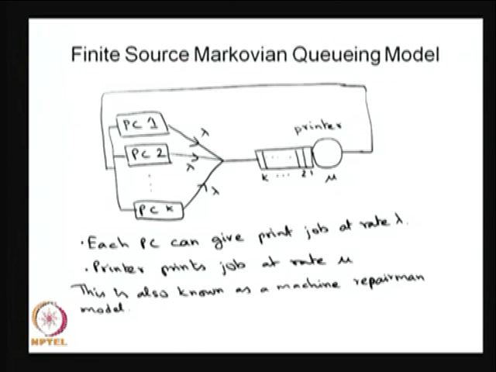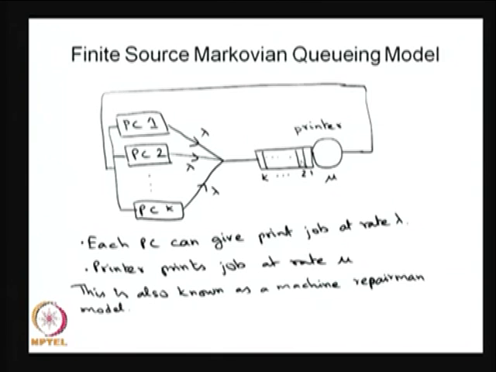Application of a continuous time Markov chain, that is, finite source Markovian queuing models. This model is also known as the machine repairman model, and you can think of these PCs as the machines, and this is the repairman. Here the scenario is we have K PCs, and each PC can give a print job, and the arrival of print jobs is exponentially distributed for each PC. Therefore, the print jobs follow a Poisson arrival process with parameter lambda from each PC,